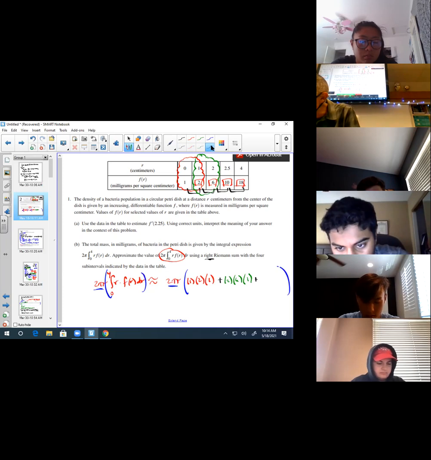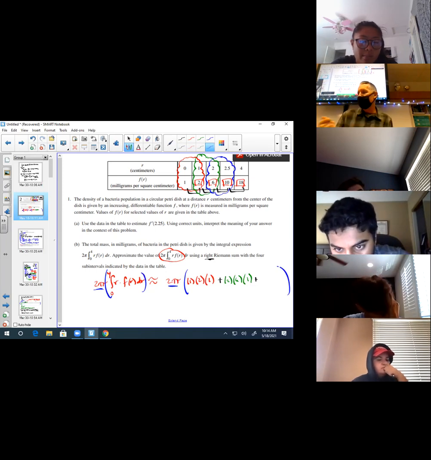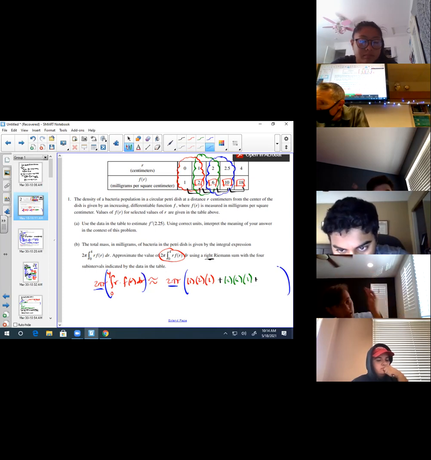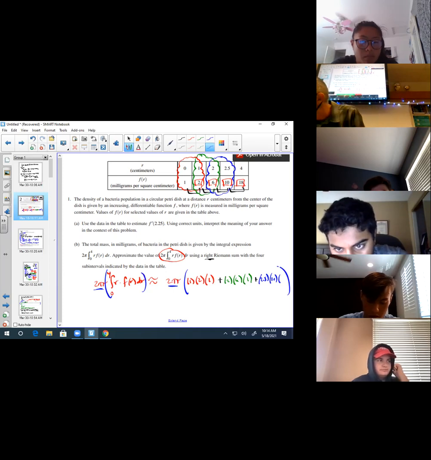Plus, so let's go with my third cloud, which is really going to represent a rectangle. And I could plot these points on the axes and then talk about it that way, which maybe I'll do after. But here we go. This is now going to be the R value, which is 2.5, times F of R, which is 10, times delta R. What's delta R now? It's not just 1, is it? 0.5. Plus,